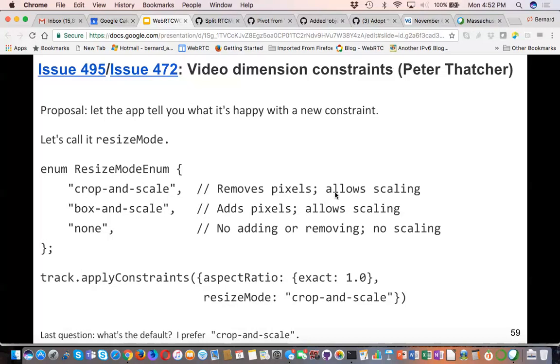Let's just go back to Dan's example earlier. If you have an audio microphone, and one thing says, I want 44.1 kilohertz, and another thing says, I want 48 kilohertz, you get that, no problem. That's the same thing. One track can say, hey, I want a one-by-one aspect ratio thumbnail, because I'm going to display the thumbnail on the far side, and I want that cropped. Versus probably in the middle, it's just a thumbnail anyway. But for my main video, I'm going to choose box and scale. I like black bars on the side.